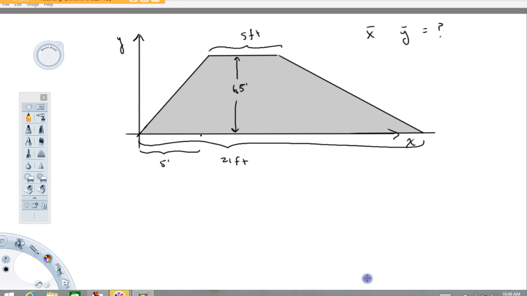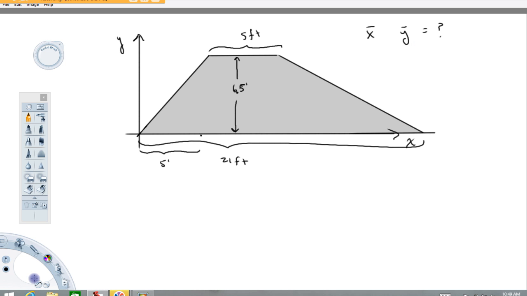The purpose of this video is to demonstrate how to find the center of mass for a composite body. We're looking at this system right here with the following dimensions. We've got this 5-foot piece, and it's 21 feet long, 6.5 feet high, and 5 feet across the top here. We're going to try to calculate the center of mass, x bar, y bar,